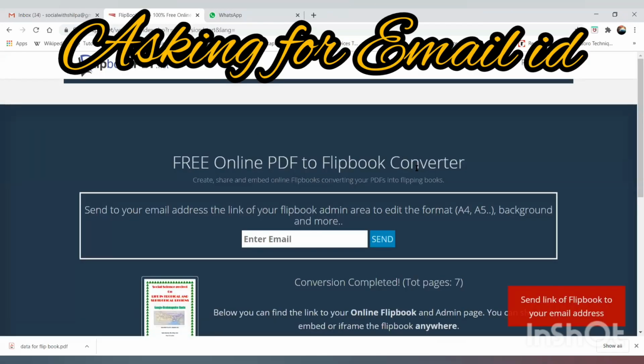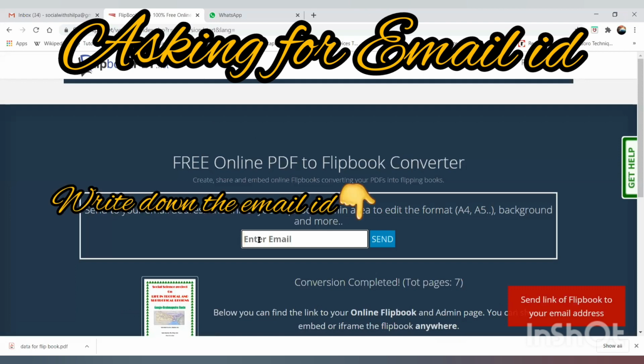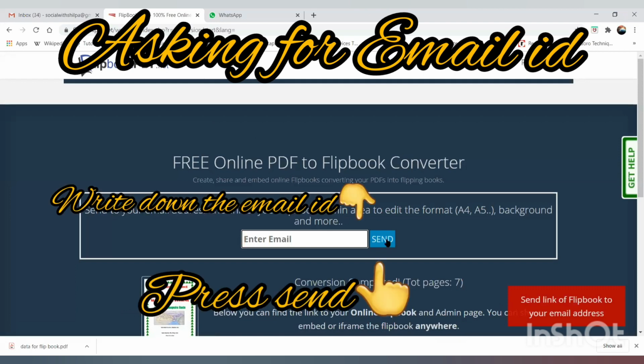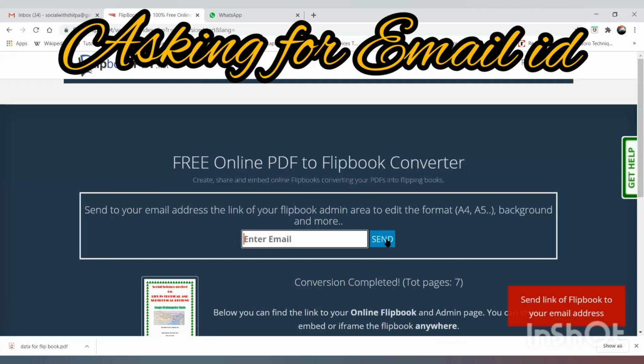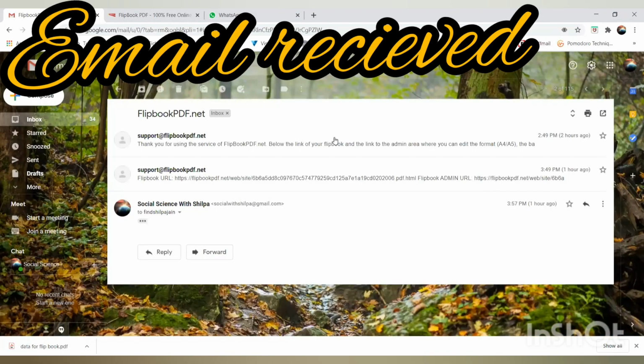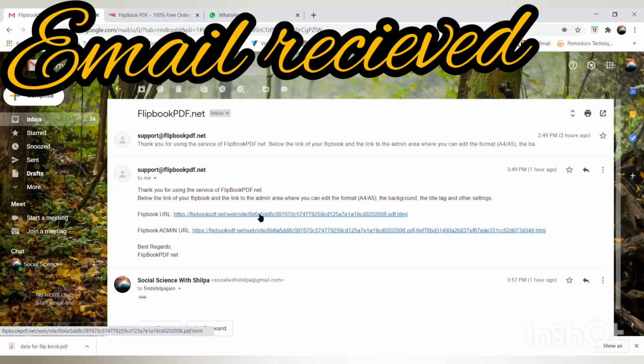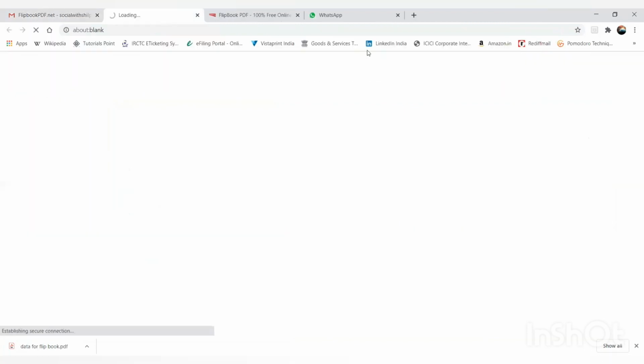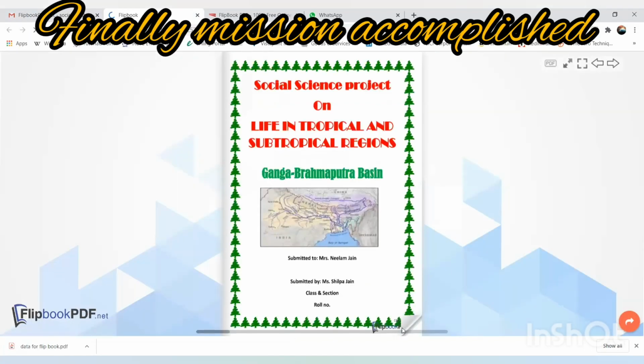Then it will ask for your email ID, because it will not directly give it to you. So you can write down your email ID and then press the send button and you will get your flipbook on your email ID. Fine. Copy from flipbookpdf.net. You get your file and it looks like this. So when you click on it, in a few seconds, you'll get your file. Just have a look. So here we have our final presentation of the flipbook, which is ready to be submitted